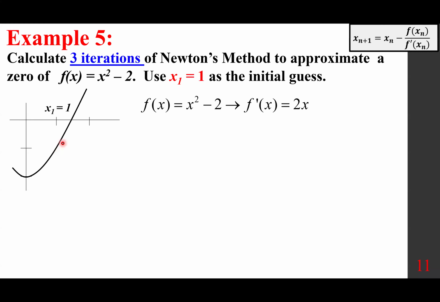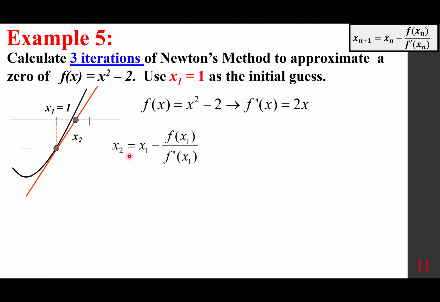And right here, this is the point, and this is the tangent line. Obviously, the tangent line. So again, this is the root, everybody, root of the original function. This is the root of a tangent line, x sub 2. Okay. And so if x sub n plus 1 is x sub n minus f of x sub n over f prime of x sub n, x sub 2 must be x sub 1 minus f of x sub 1 over f prime of x sub 1, which means,